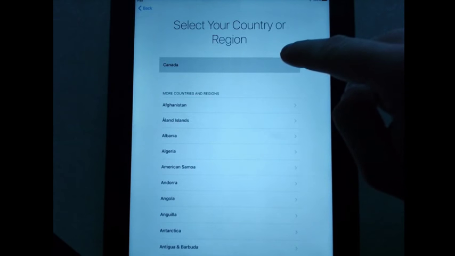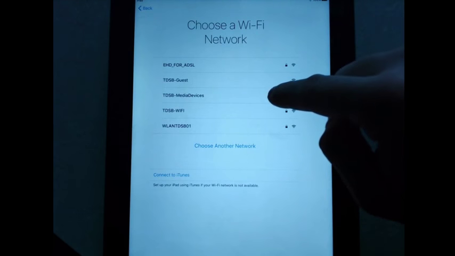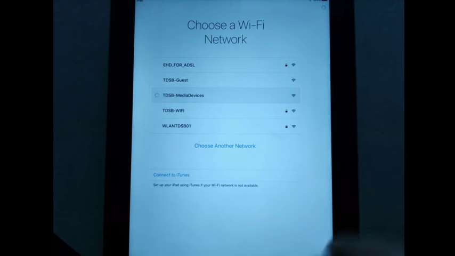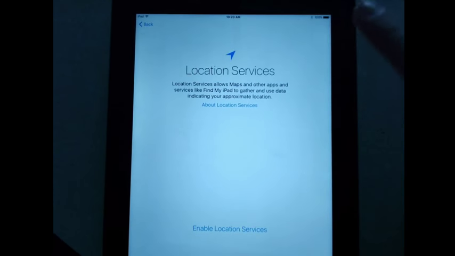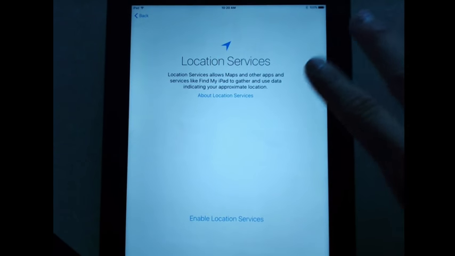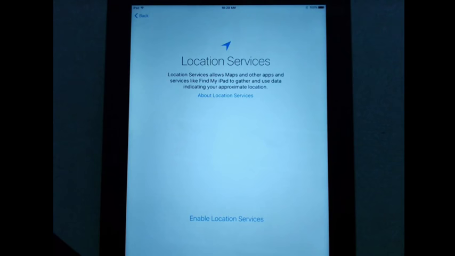So if I tap English and Canada, and then it asks me to choose the Wi-Fi, I'm going to choose TDSB Media Devices. You guys should be able to use TDSB Media Devices as well for your iPads. If Media Devices does not let you in, feel free to use TDSB-Wi-Fi. That should be a good fallback. It will ask you for your employee number and password. So it's gotten already to this screen with the location services, and it shouldn't have. It should have actually gone to another screen,